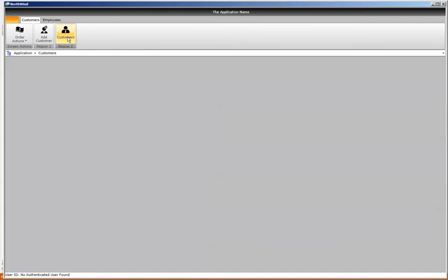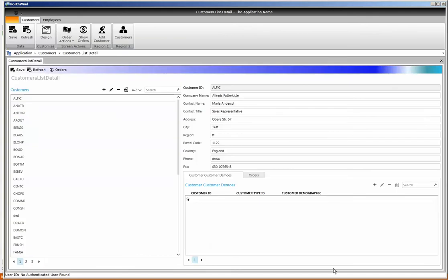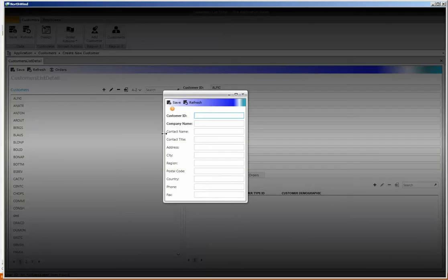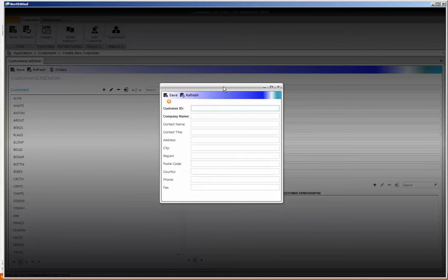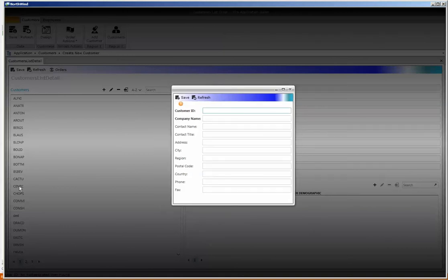Great, and so now, whoops, that's the wrong one. That's okay. We'll let that do its thing. And let's open up, I think it was add new customer. So what we're expecting to see is the add new customer is coming up. You can see that we probably want to set some size dimensions on the window itself. What you can see here is that the background, which is something that you can